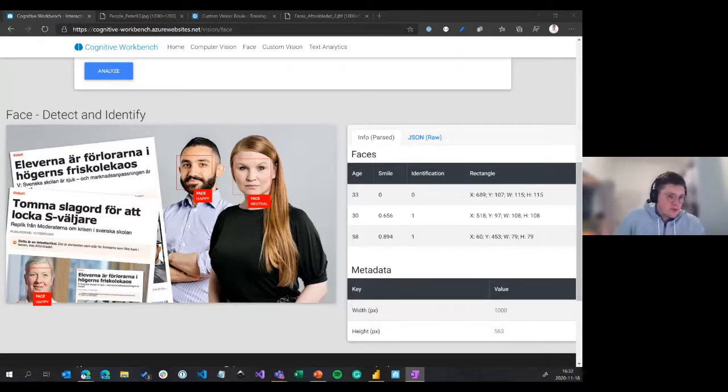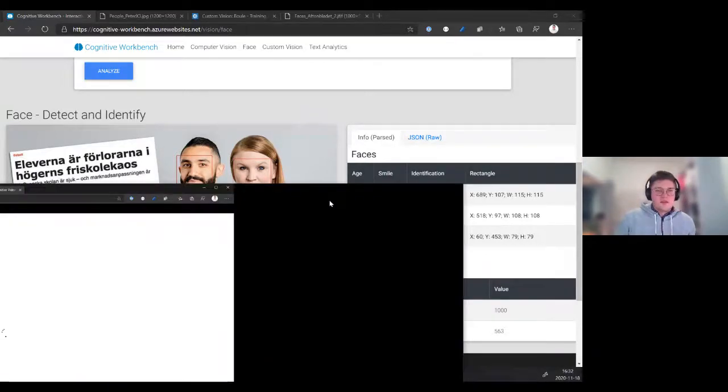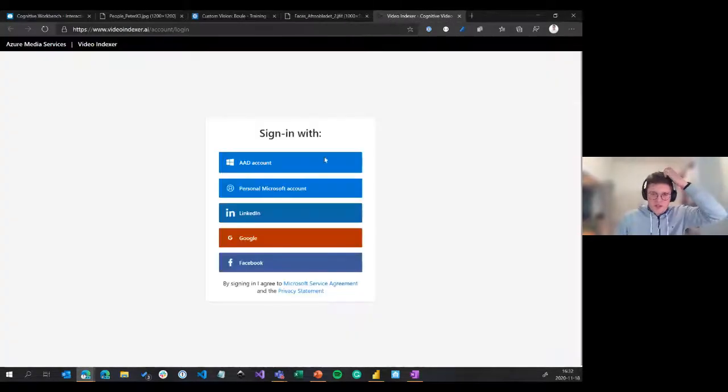Yeah, I'd like to show you a demo here of Personalizer. So we'll actually do one last thing regarding video. And this is also close to the other things, because if you can identify things in images, then video is just a series of images. But instead of you having to do that yourself,